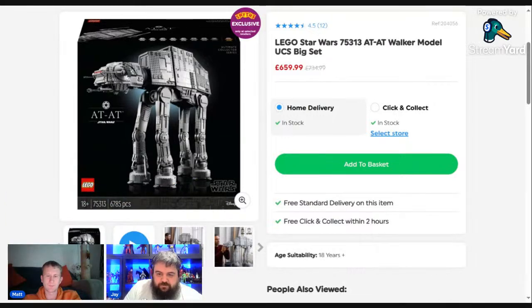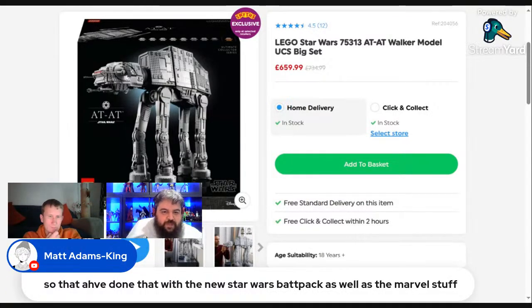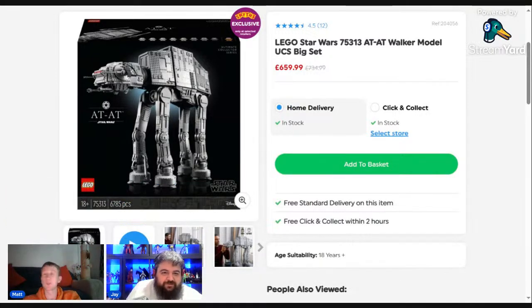So you've got the new Star Wars Battle Pack as well, I think, on the next comment down there. Oh wow! So Star Wars and Marvel is out at Walmart, and I was only there the other week. If I'd waited, I could have picked it up instead of nearly